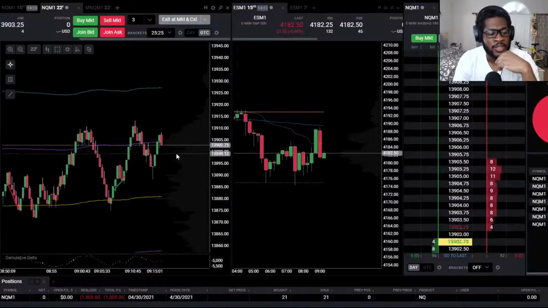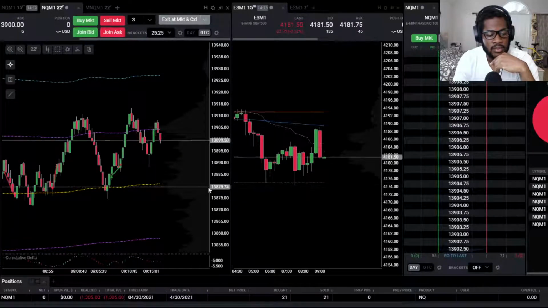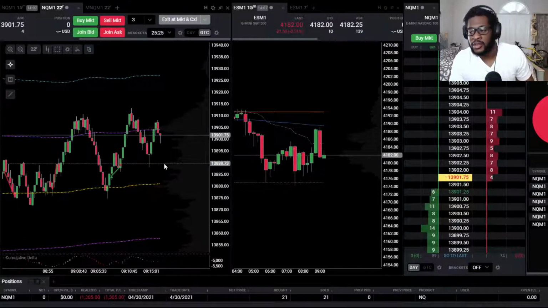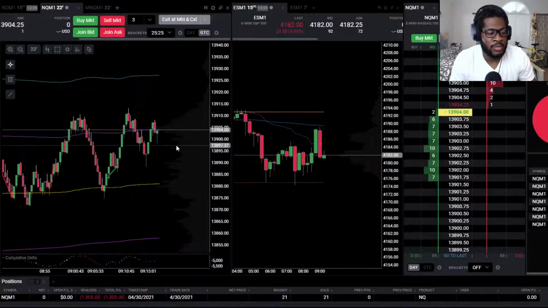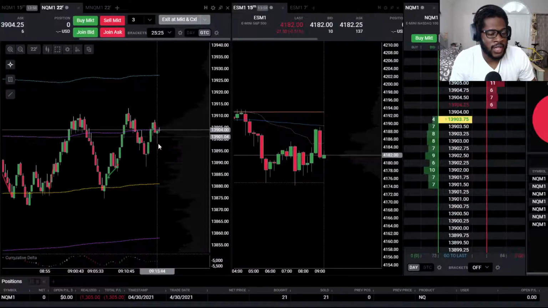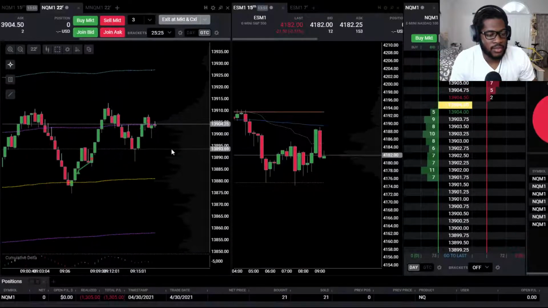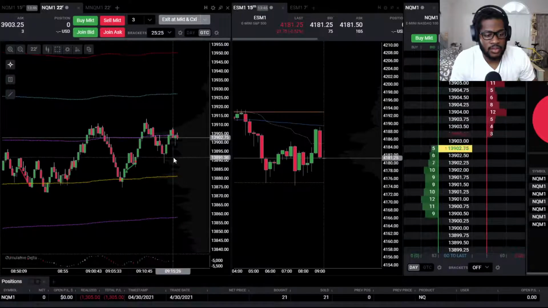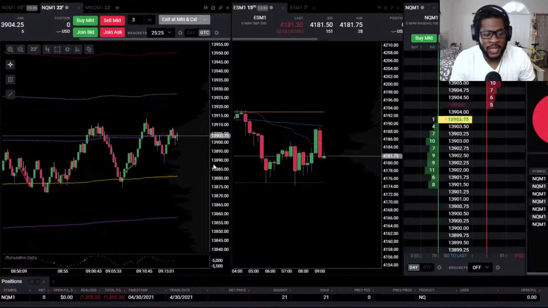Stop filled. It's unfortunate it stopped out there. Didn't want to push right there. But on that one, I didn't want to keep the stop far enough away for it to be a loss at all. I wanted to make sure it broke even or was positive, just because I still feel like this can come down. Trading very scared today. I may be trading a little too scared, to be honest.